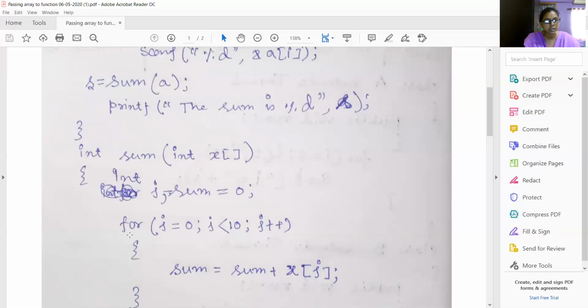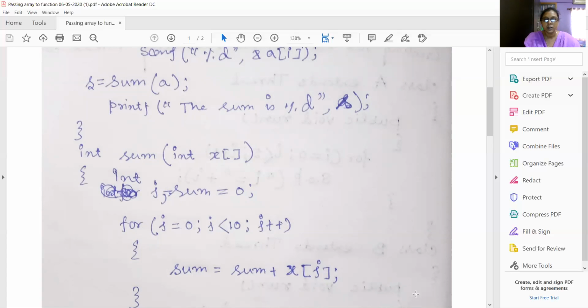For j assignment 0 initially, this is known to everybody from for loop execution, which you have already studied. Then sum = sum + x[j]. j starts with 0 and sum is 0, so x[0] and sum will be added, going up to the 9th pocket.